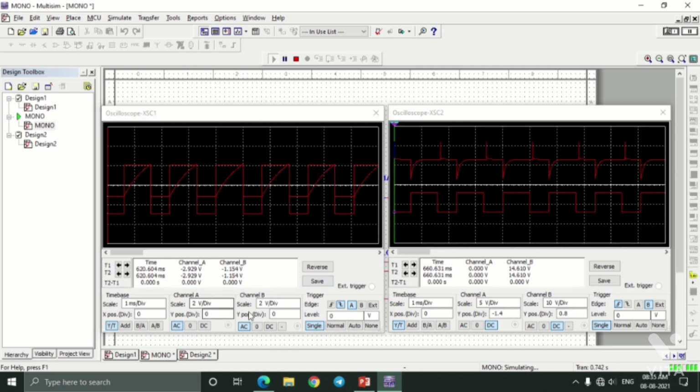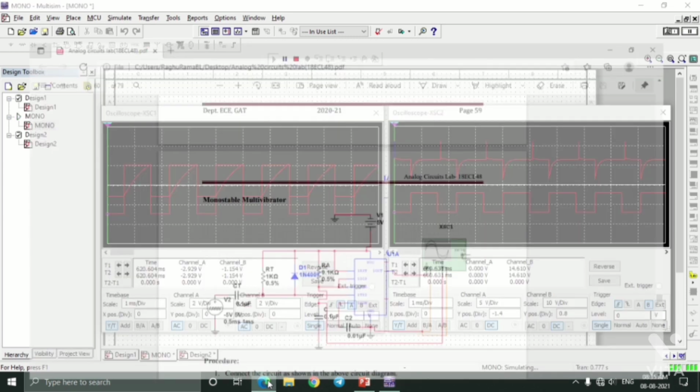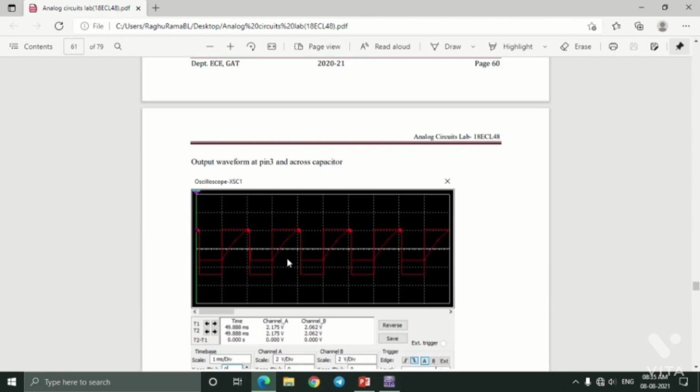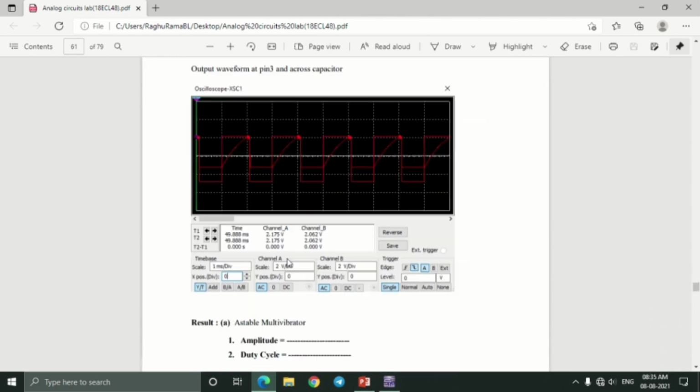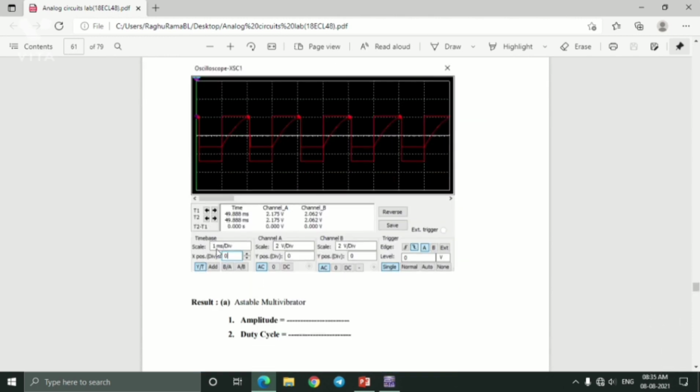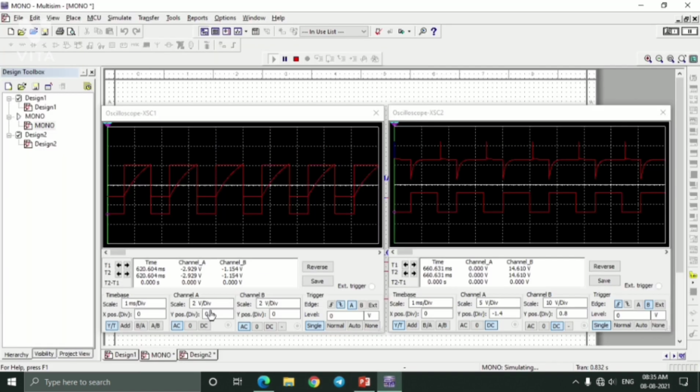Now to adjust the time per division and channel A's voltage per division and channel B's voltage per division, go to the observation book. Over here, see the time per division they have kept is 1 millisecond per division. So keep 1 millisecond per division.